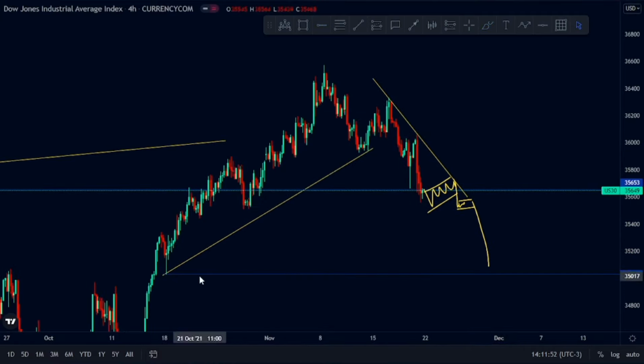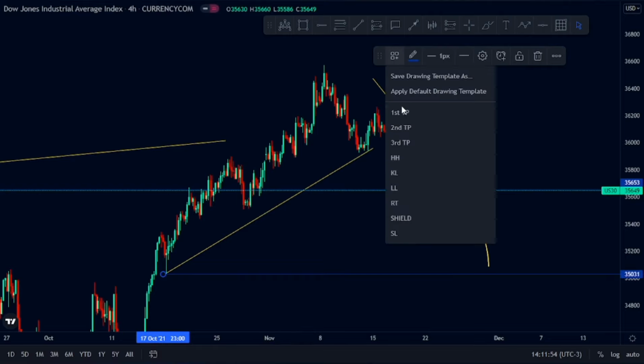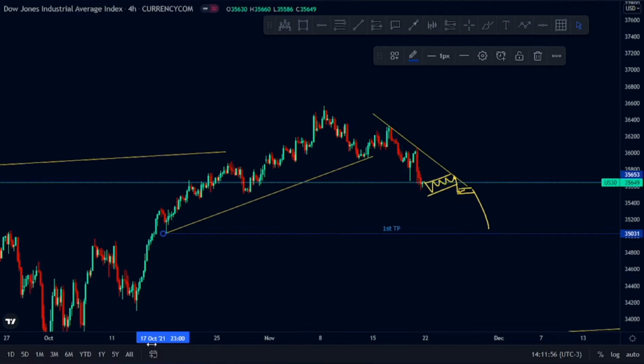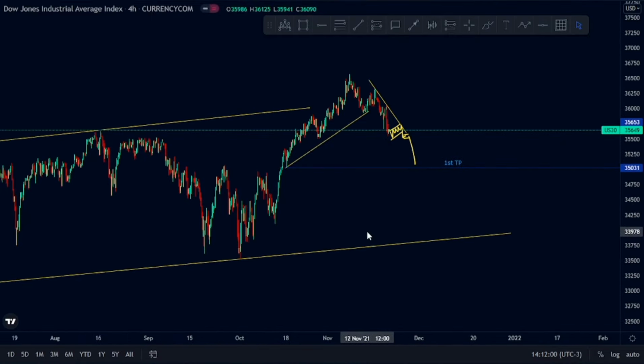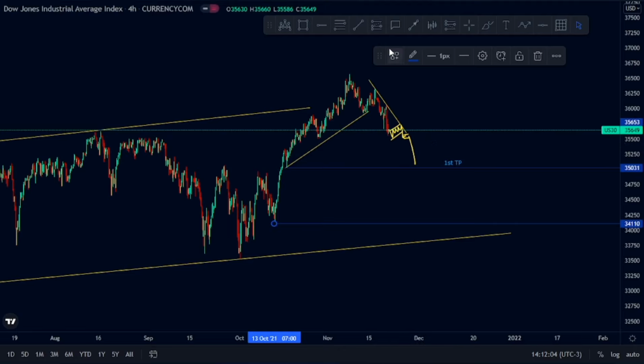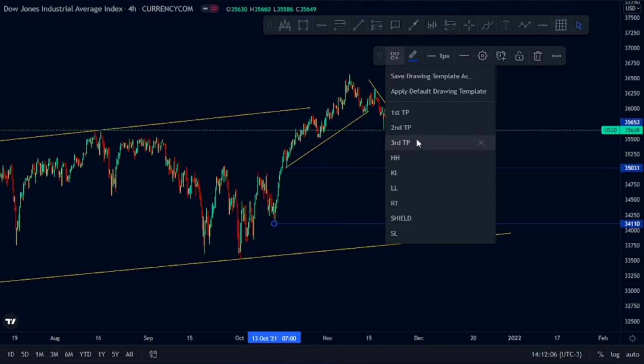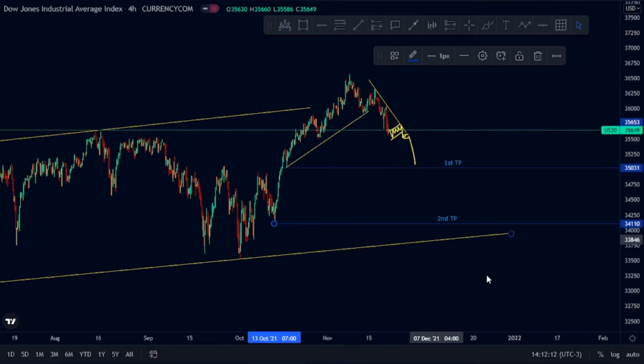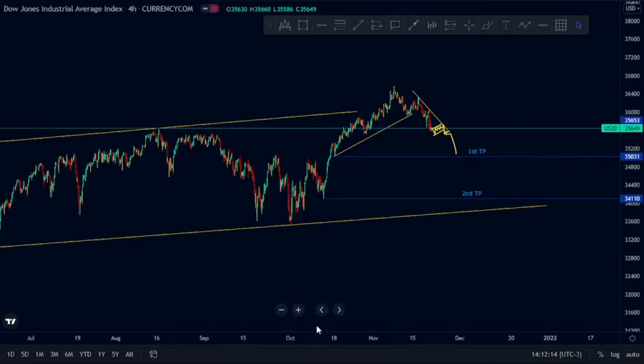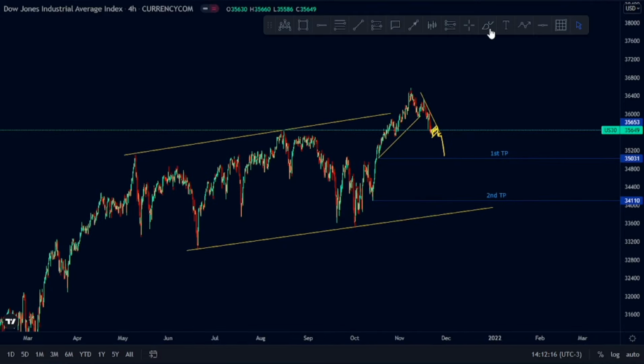Our second target being here. I'm basically targeting swing lows. That is where I'm actually paying attention to what the market reaches there. That's why I'm marking them as my take profit levels. So our second take profit, then our last take profit will be somewhere around this trend line, because of this